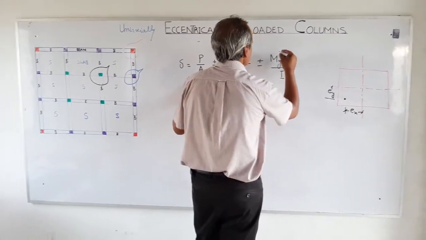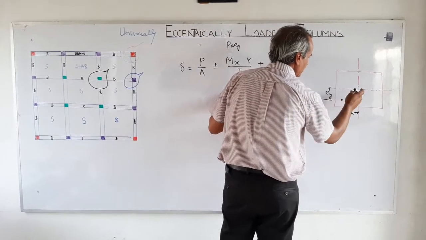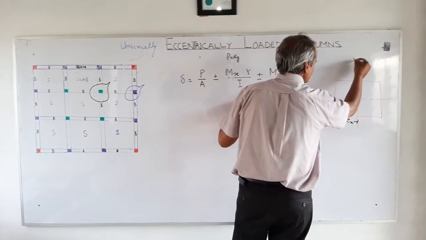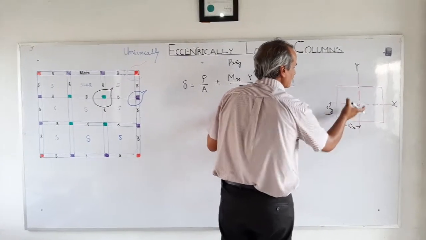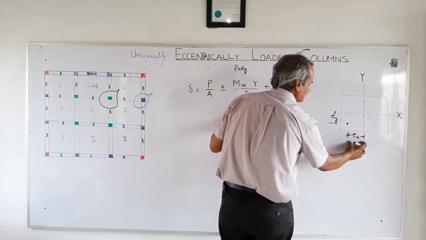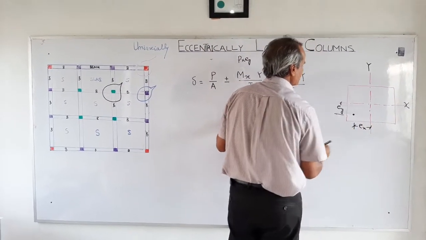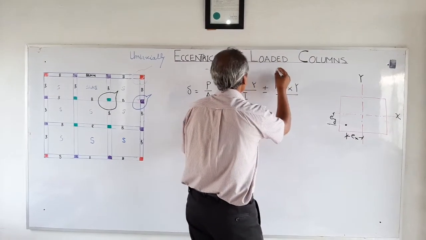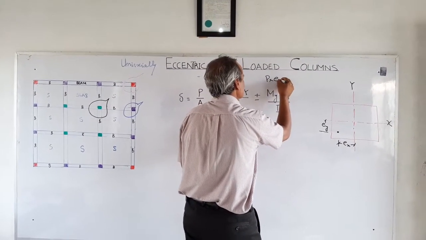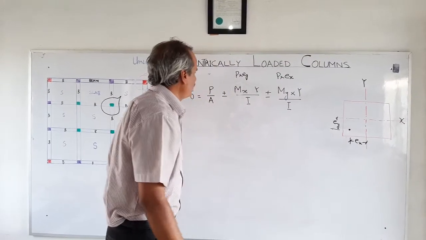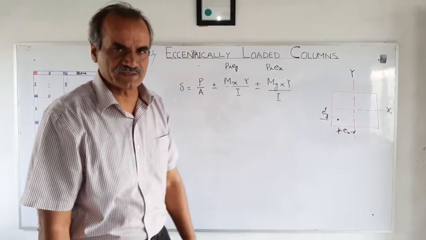and in case of My, the value of My, that is the moment about the y-axis. This is y-axis, this is x-axis. So moment about the y-axis, alright. This moment is caused by the eccentricity Ex. So it will be the product of P and eccentricity from the y-axis, that is P into E subscript x. That is how we calculate these terms involved in this equation.